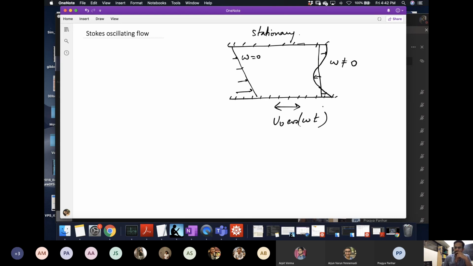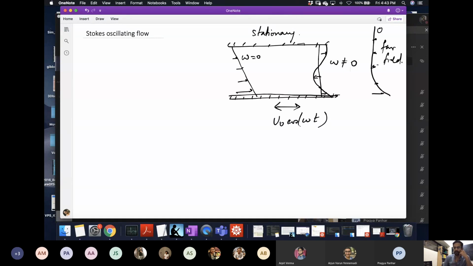Okay, and then also you have a situation where if the wall is very, very far away, like in the case of the situation where you had that cilia, there might not even be a wall, it could be unbounded. In that case, you would expect ultimately that the fluid velocity might decay to 0. So ultimately it will become 0 here. It might get weaker and become 0. That's also possible if you have the wall very far away. So this is some kind of a far field situation. So these are all different possibilities coming out of this problem.